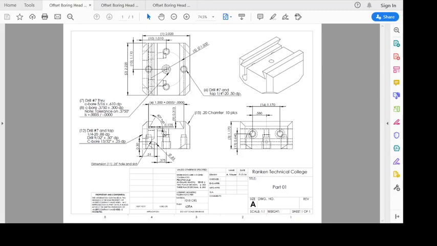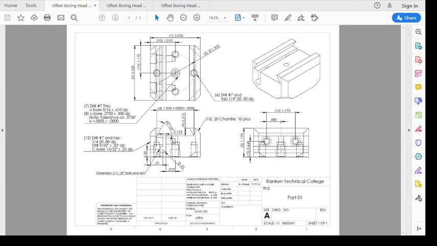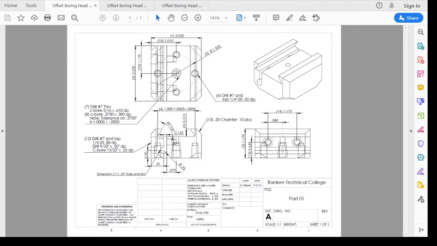Hello, hello. This is Paul Durkee, and we are going to start working in SolidWorks and drawing part one of the offset boring head. So I have the print up right now. As you can see, it's got a lot going on. We got